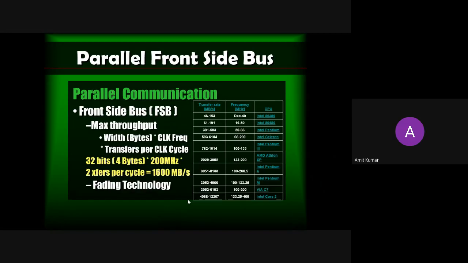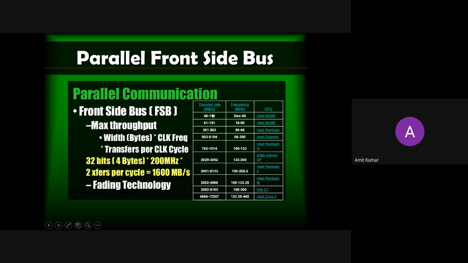So here is an example of how communication has evolved in your PCs. The first CPU that we developed was the 8085. Then we came up with the 80386, 80486, then Intel Pentium, Celeron, Pentium 3, AMD processor, the Intel Pentium 4, Intel Pentium M, VIA C7 and Intel Core 2, and lots more inventions have been done in the later stages.